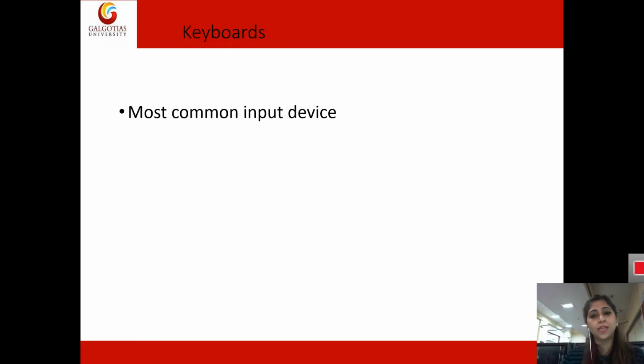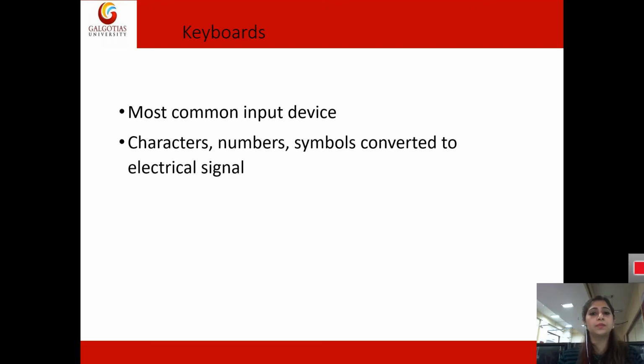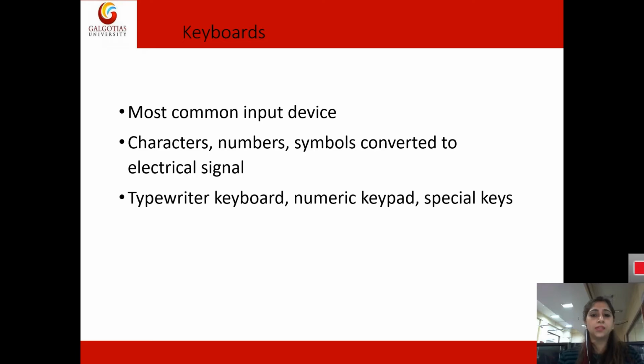All these keys have some specific contribution to the inputting of the data. The characters, numbers, and symbols are converted into electrical signals, and these signals reach your CPU after being translated to machine language, or the computer's understandable language.